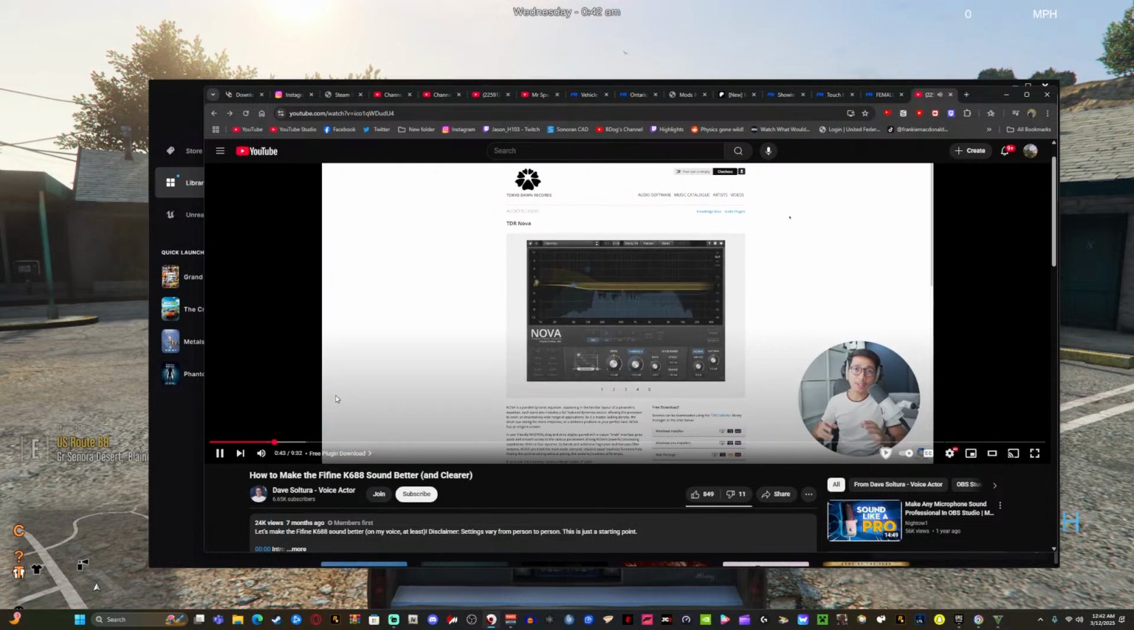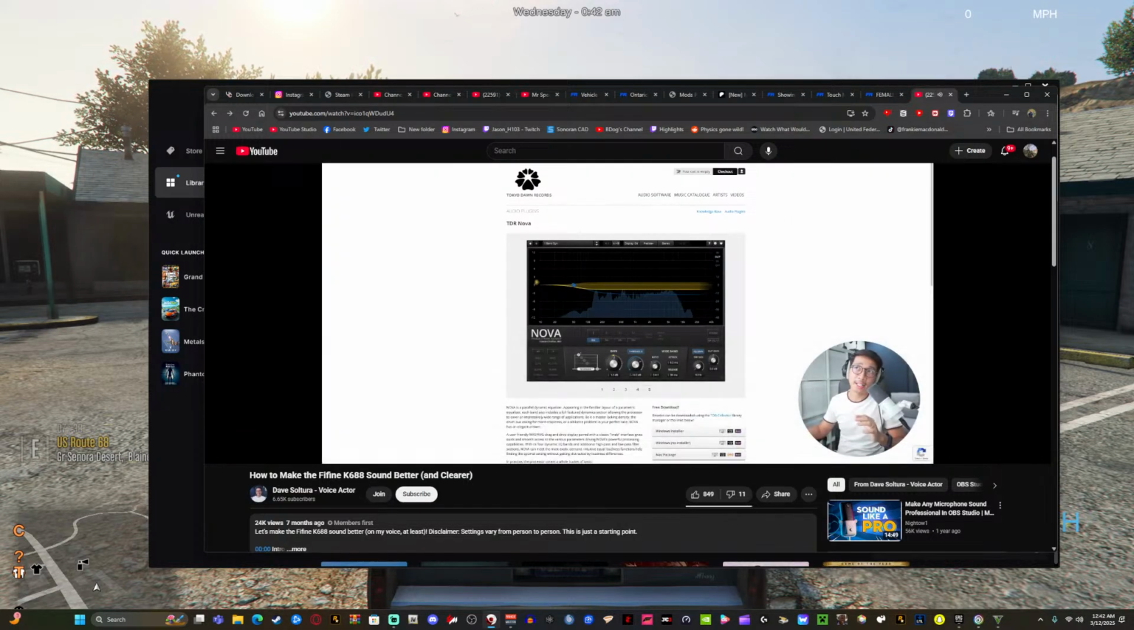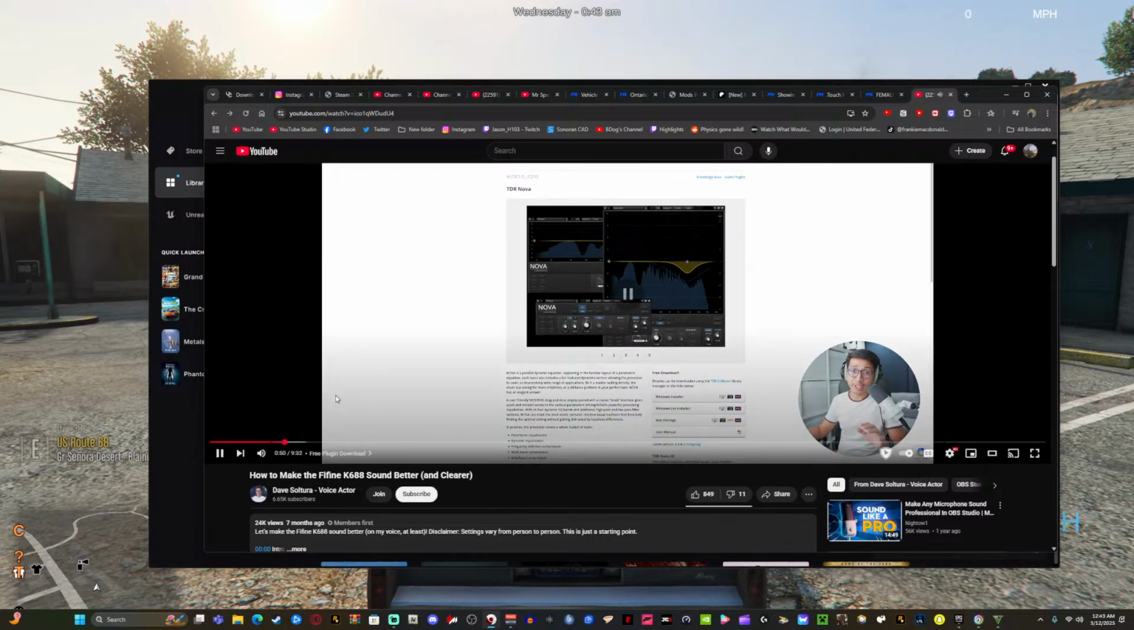Let's go. So the first thing you have to do is head on over to tokyodon.net/TDR-Nova. And from there, just download this free